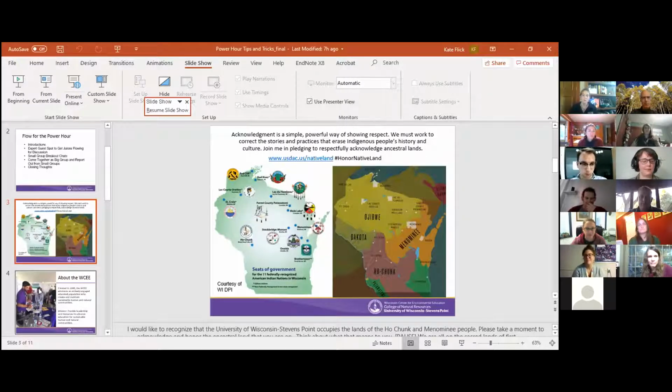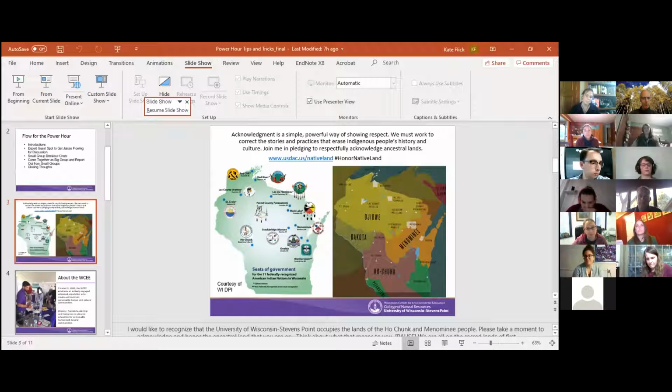But one thing that I wanted to do for this group in particular, as we're thinking about getting outside, is just do a small Indigenous land acknowledgement. Indigenous people have been taking care of the land for time immemorial. In Wisconsin, we have several different tribes that have been doing that, and bands within those tribes.